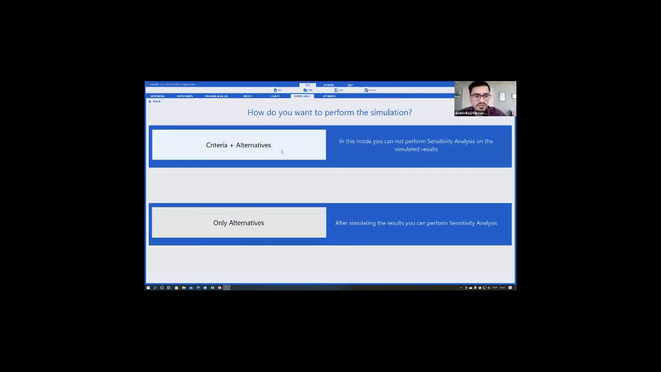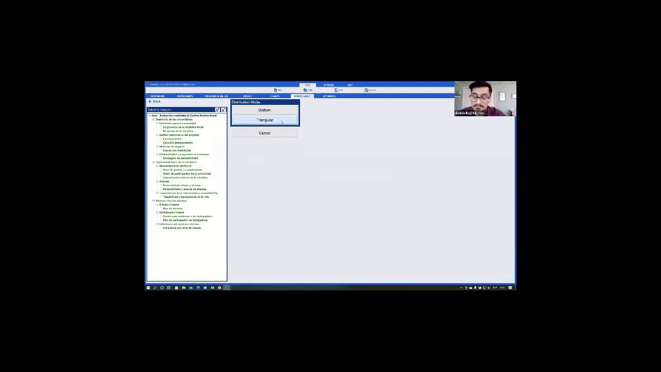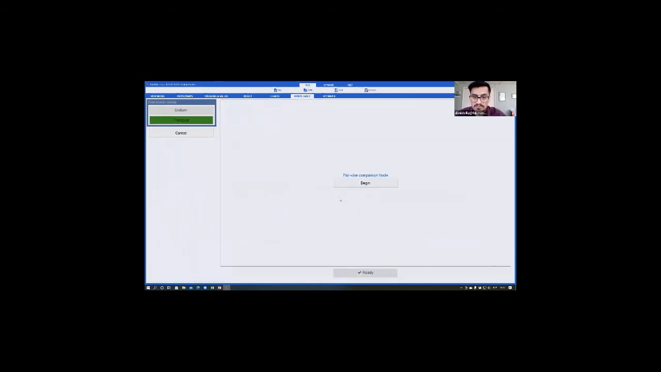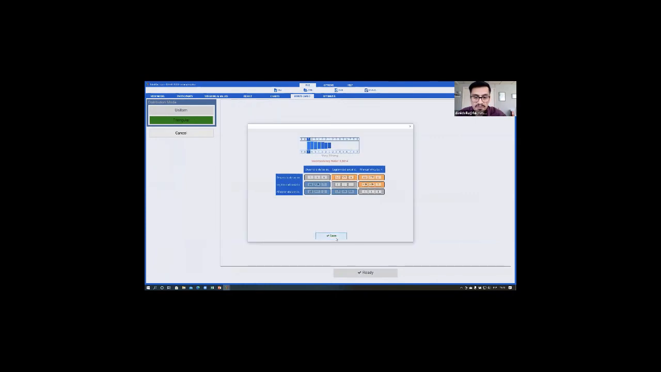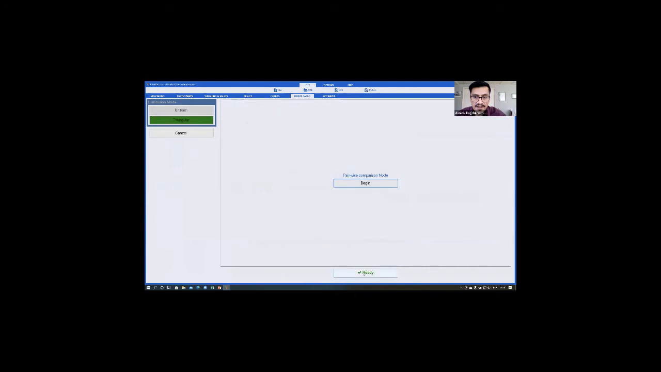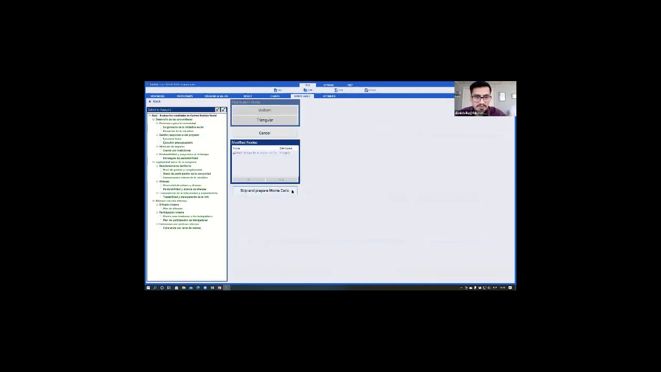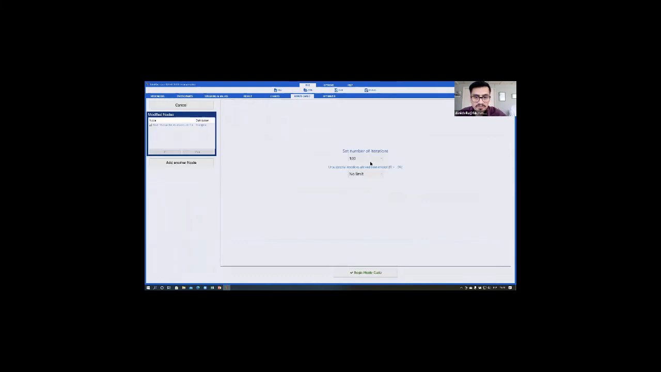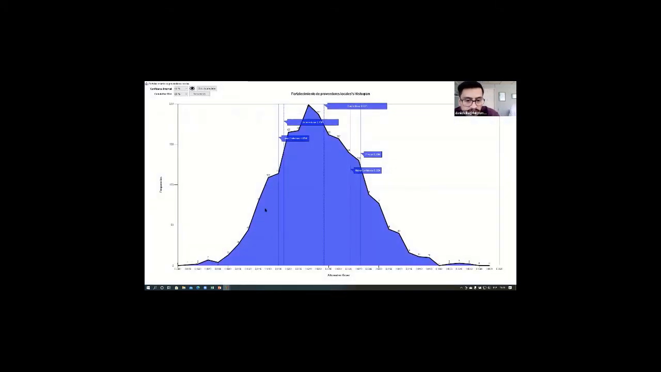Another feature of Total Decision is that you can perform a Monte Carlo simulation and analyze, for example, the alternatives. Let's see an example. The behavior of the alternatives. Total Decision is calculating the result of the behavior of the alternatives. You can export this result in a CSV file, and you can see, obviously, the behavior of the alternatives